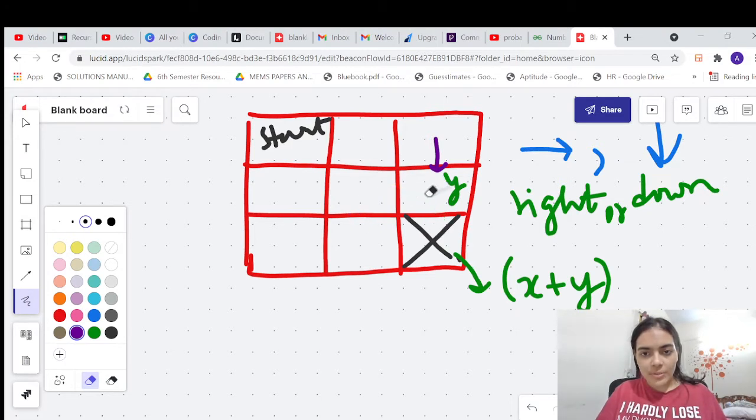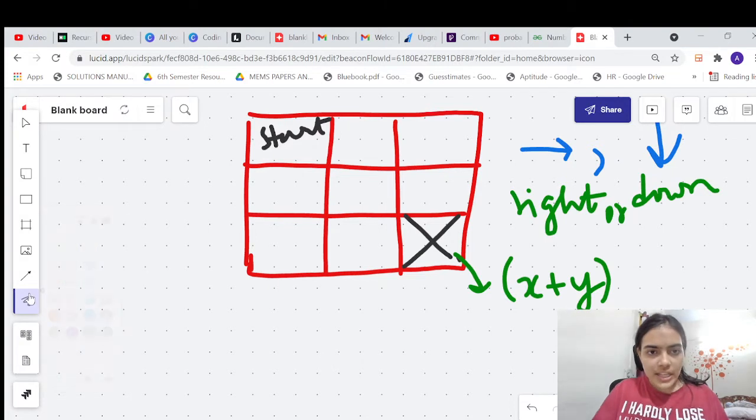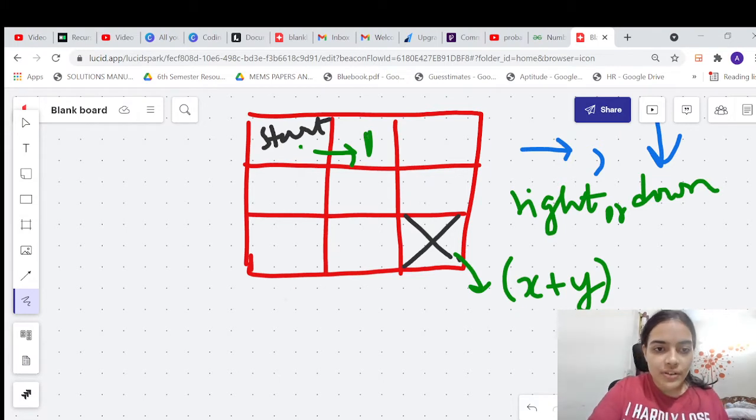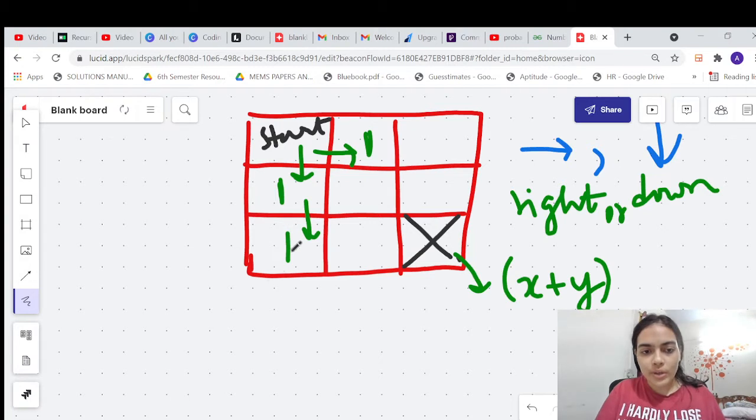So we are starting from the first cell, right? You can notice that the cell just neighboring this cell has only one way, because if we are starting from here, this cell does not have any other way. It has only one way, this direction, to reach here, right? Similarly, this cell also has one way, this cell also has one way, right? Only and only one way. You cannot reach this cell from any other way, because you can only travel down or right, and right is not allowed for this cell because you don't have a cell here.